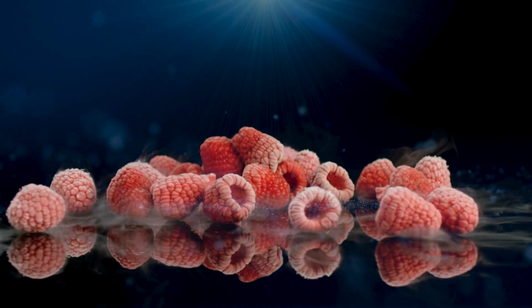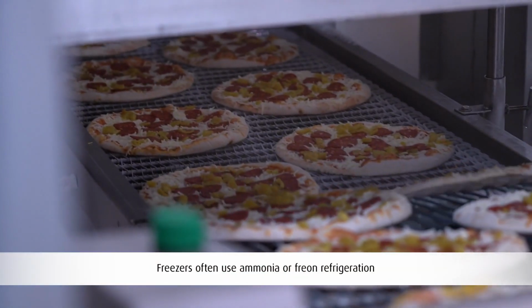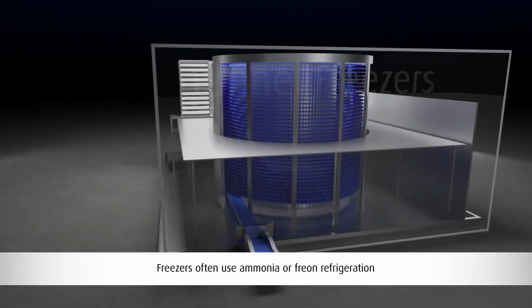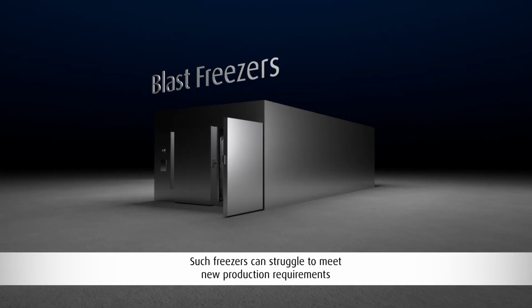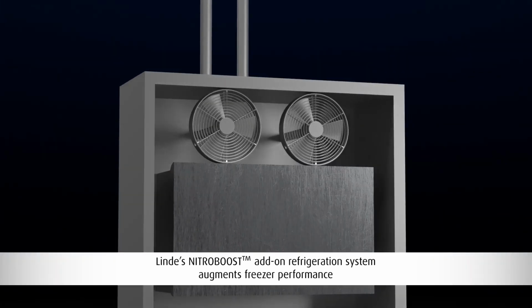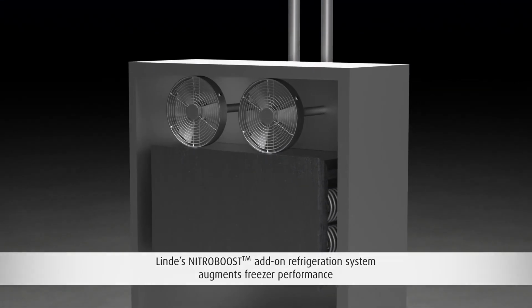Food manufacturers rely on freezers to preserve their products. These freezers often use ammonia or freon refrigeration systems, which can struggle to keep up with changing production requirements. Linde developed the NITROBOOST add-on refrigeration technology to augment the performance of existing freezers on demand and help manufacturers meet